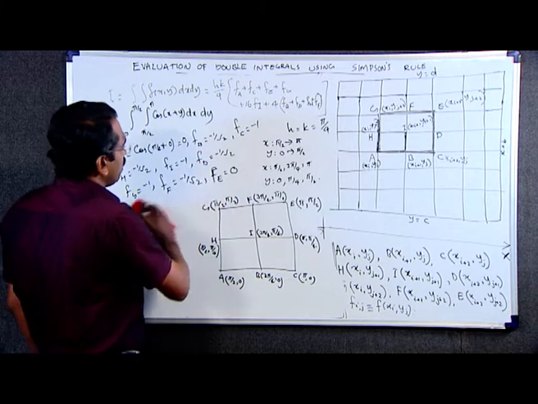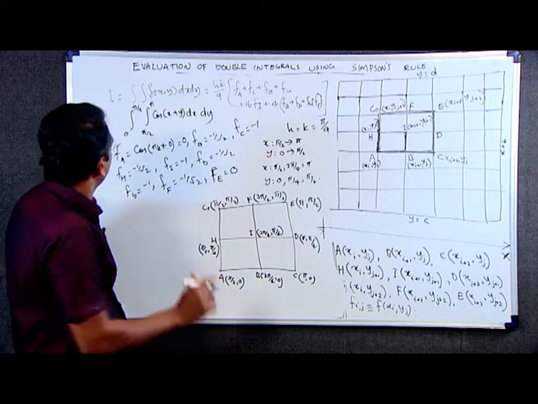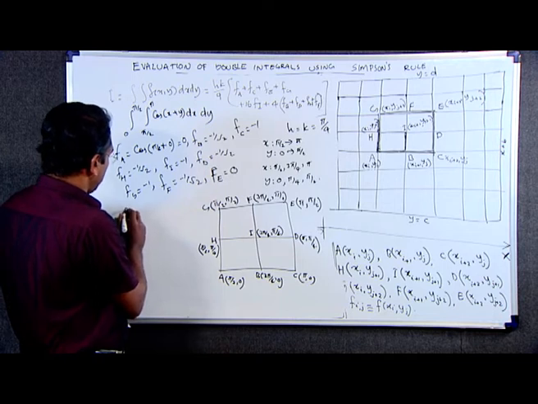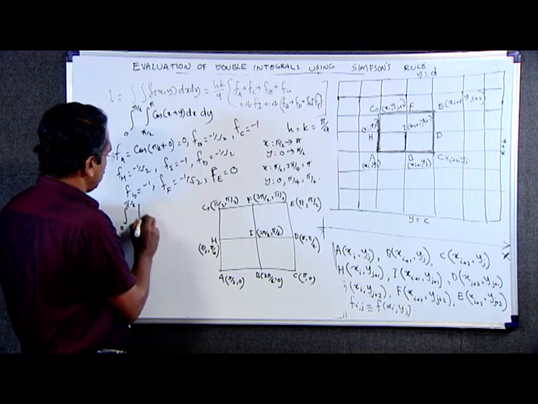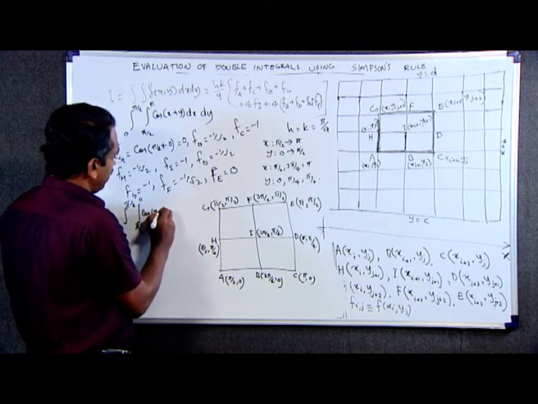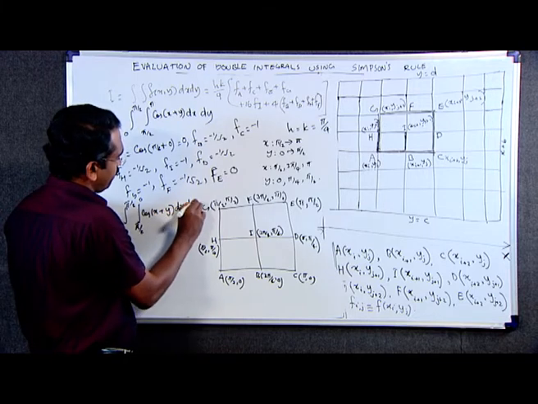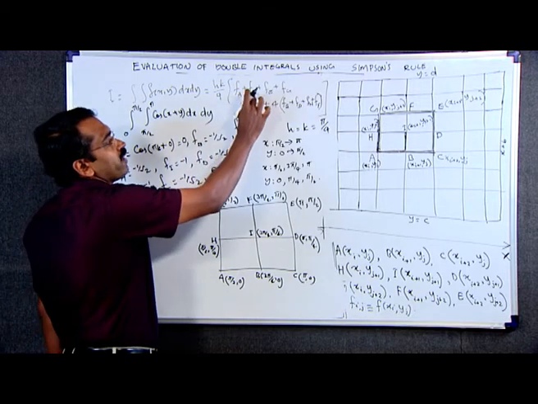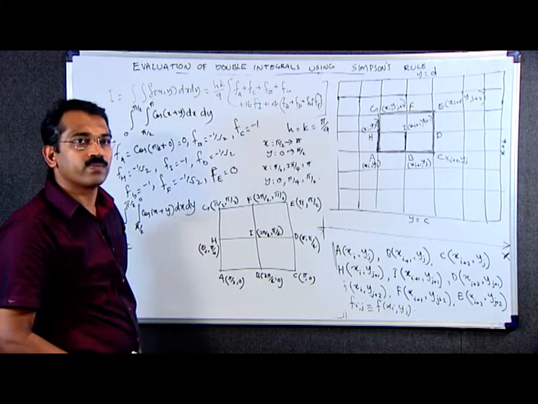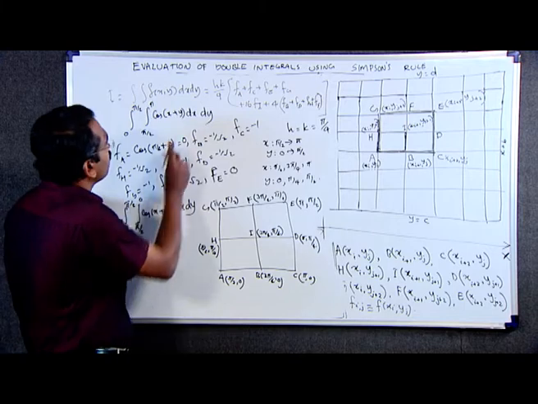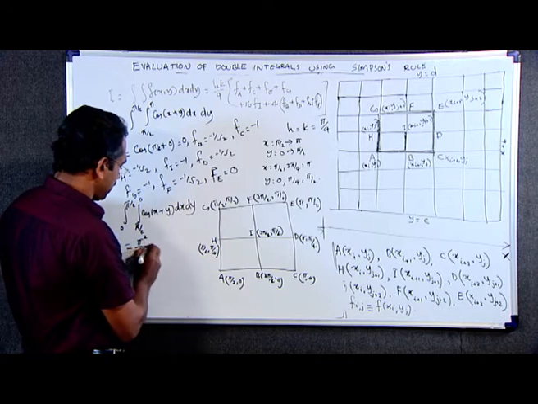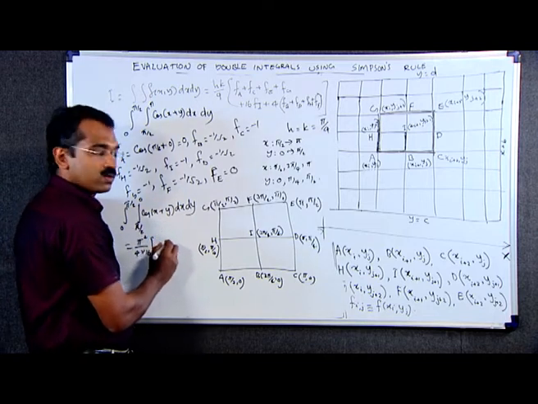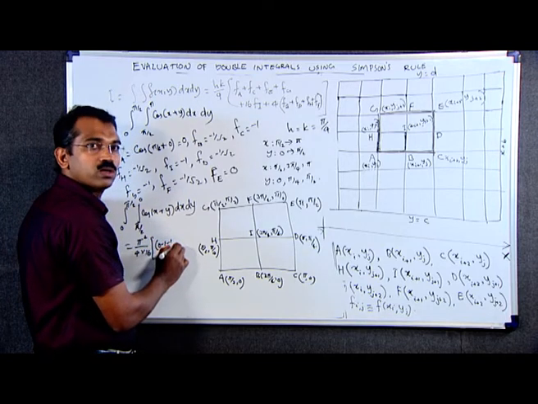Here we can write the required integral of cos(x plus y) dx dy as hk by 9, where both h and k are pi by 4, that is pi square by 16 into 4, hmm, the sum of the values of f at the corner points, which are 0 minus 1 minus 1 minus 0,